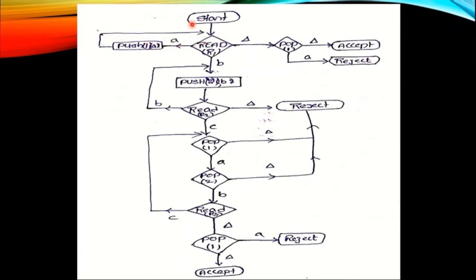In case, after completion of the A's, the input is immediately del, that means the end of the input, then we perform the pop operation, and if the top of the stack is del, the result is accept. Why? Because in which situation will the top of the stack be del? That means till now we have not performed any push operation, so the input may be only del. In that situation this condition will occur: pop, top of the stack is del, and so accept.